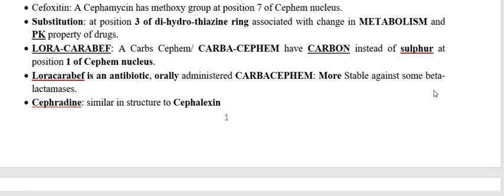That is very much stable against the beta-lactamases, the enzymes produced by resistant bacteria. Beta-lactamase enzymes are penicillinase for penicillin and cephalosporinase for cephalosporin. And now we have to go through the